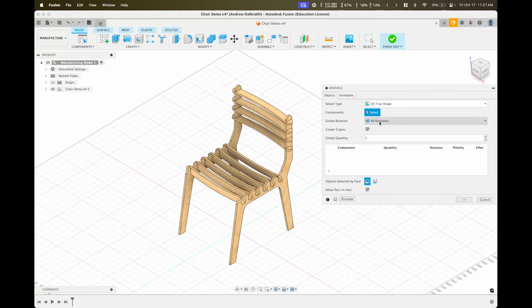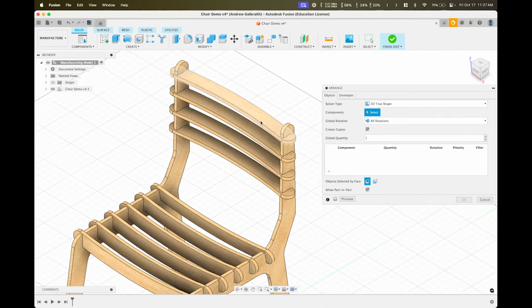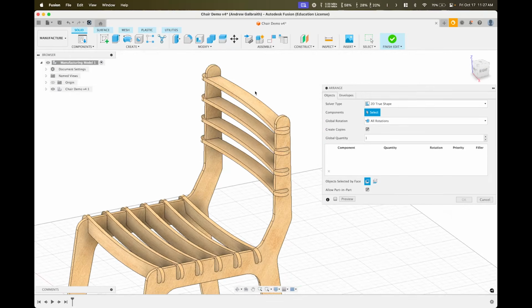So we're going to leave that at all rotations. This will let it rotate these parts any way it needs to in order to make them fit best. And then at the bottom here, you have objects selected by face. So for my chair model, all of my pieces here are the same all the way through. If you have any that have like half depth cuts or anything, you're going to really want to keep in mind